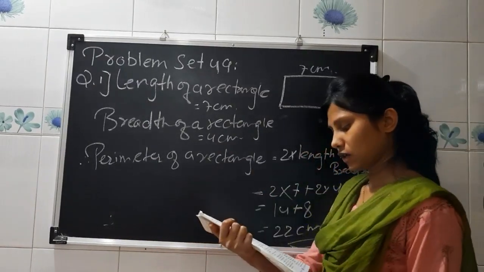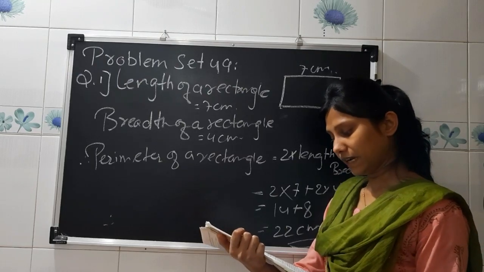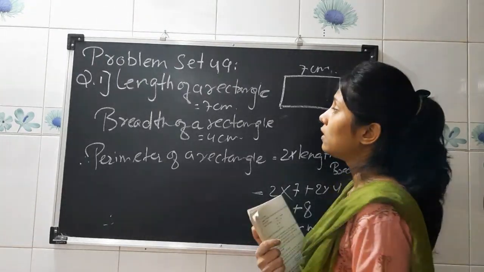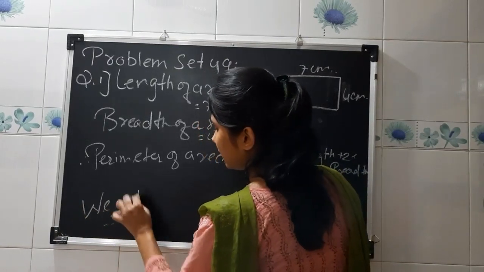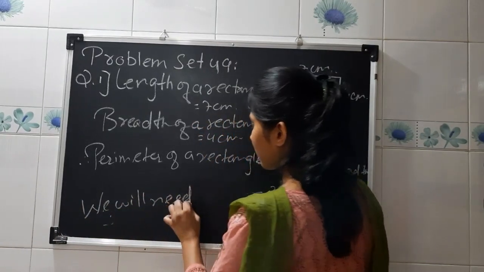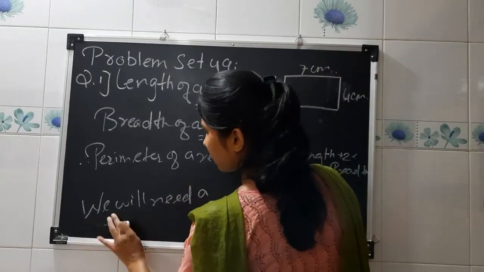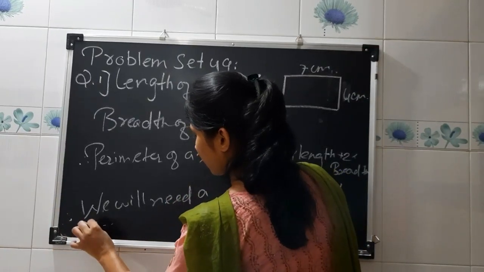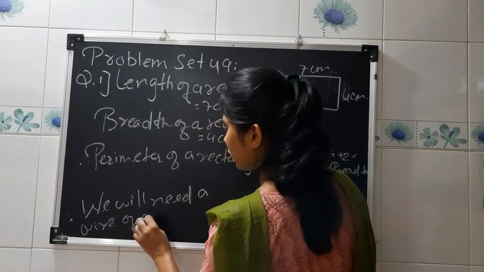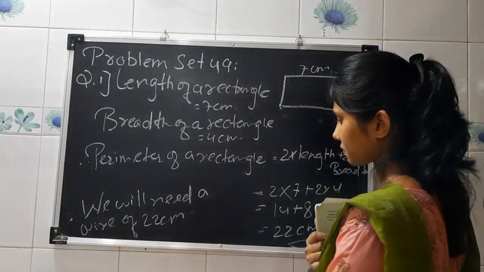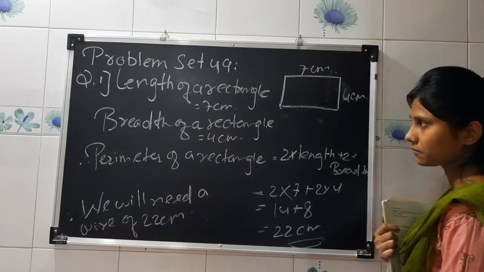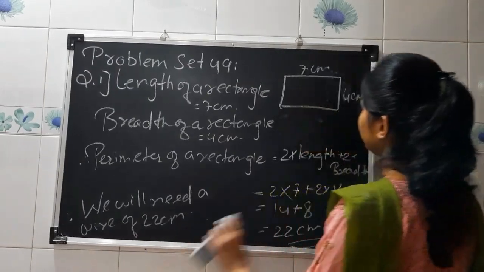So what they have asked in the question, how much wire will be needed to make a rectangle? Okay, so therefore we will need a wire of 22 centimeter. Okay, understood? Next,